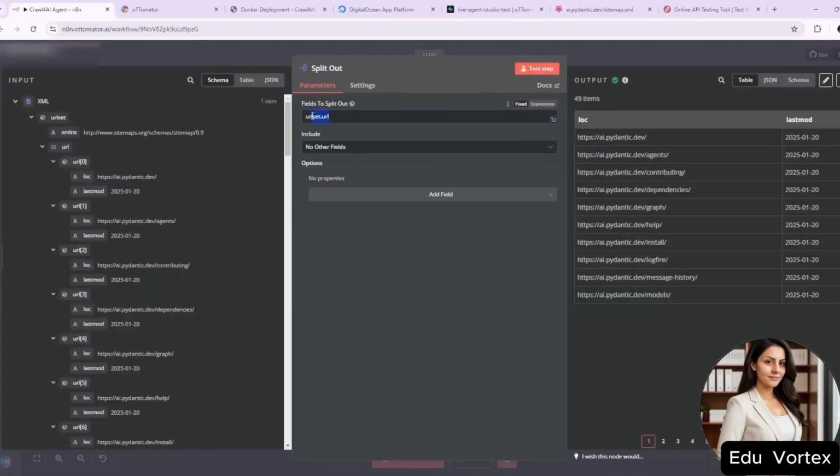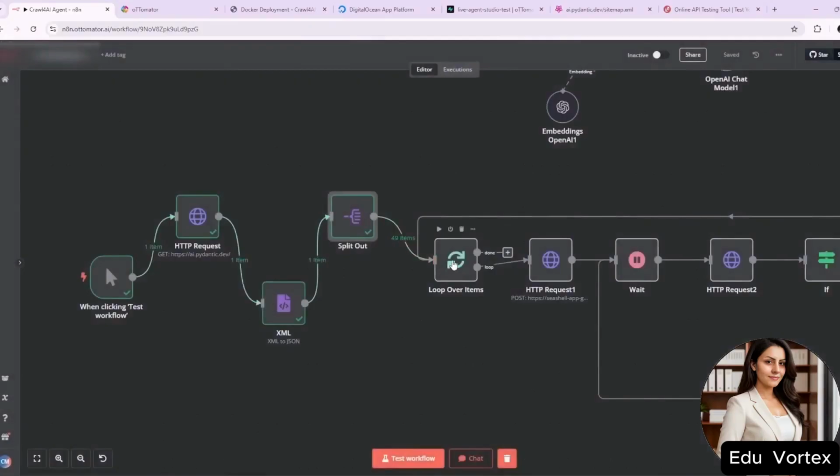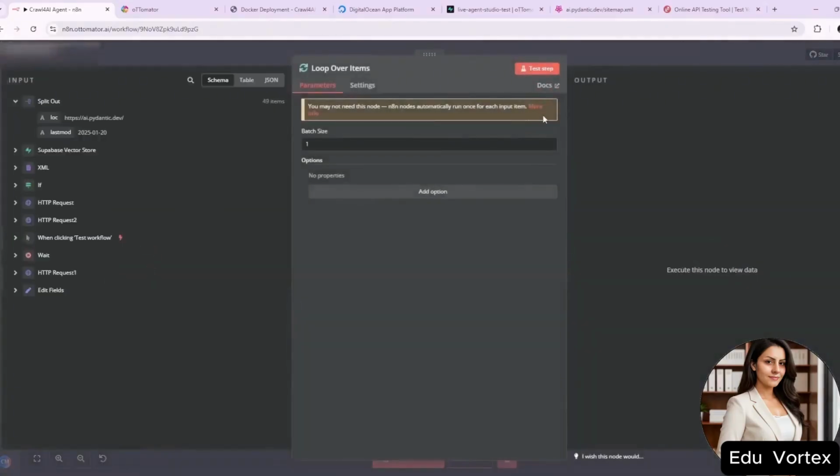We split out based on this value right here, so it's URL set dot URL, and returning them all into individual items. So now N8N truly recognizes them each as individual items in a list so that we can loop over each one of them now. And so I'll click on test step, and there's a little bug in N8N where sometimes